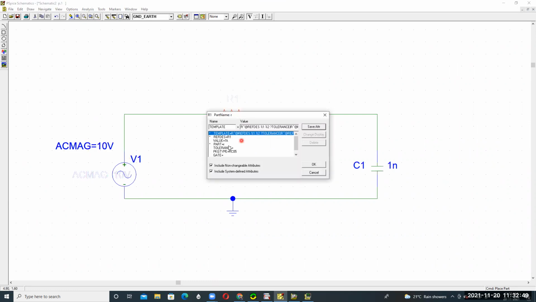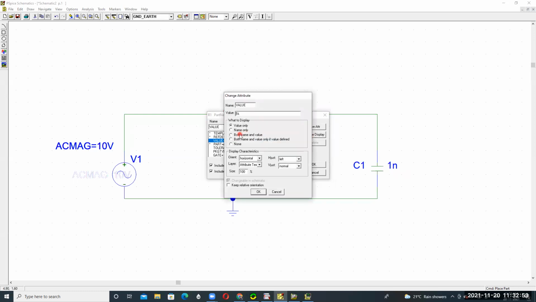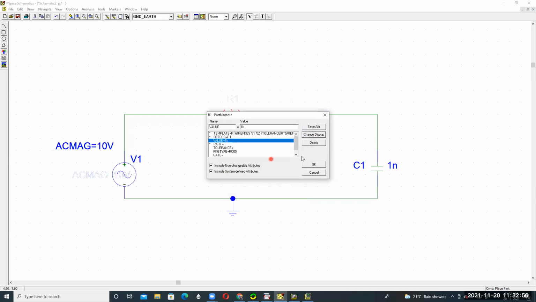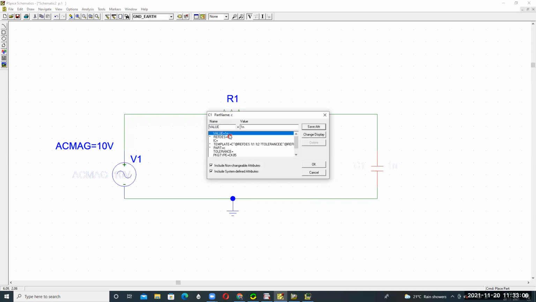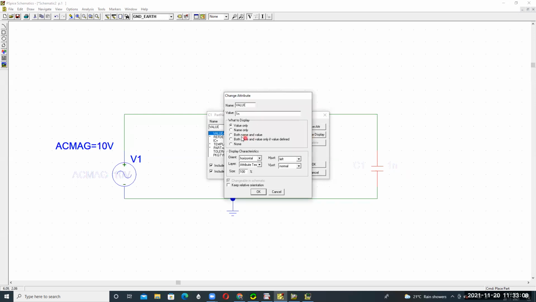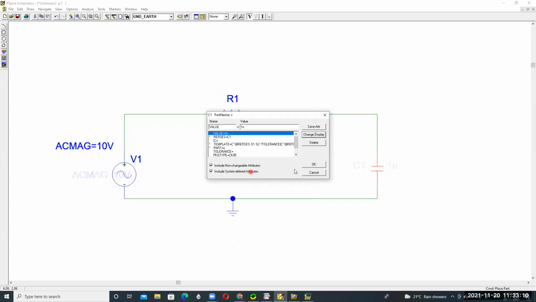Similarly, the resistor value is 1K, change display, both name and value, and the capacitor is 1 nanofarad, change display, both name and value.